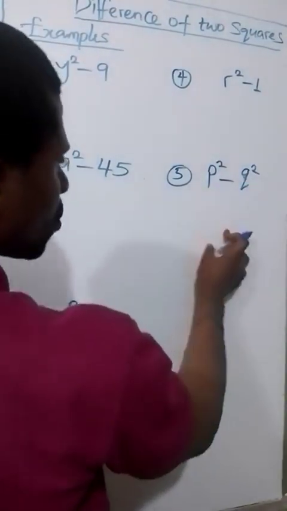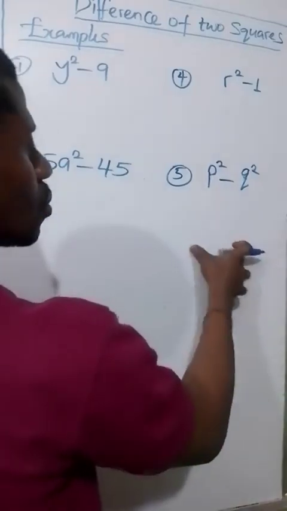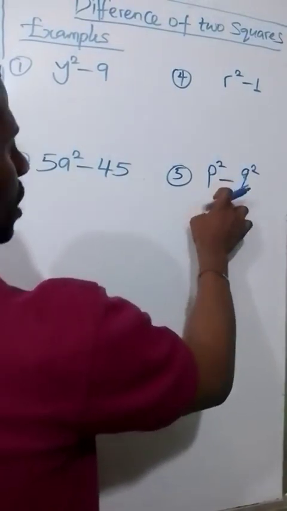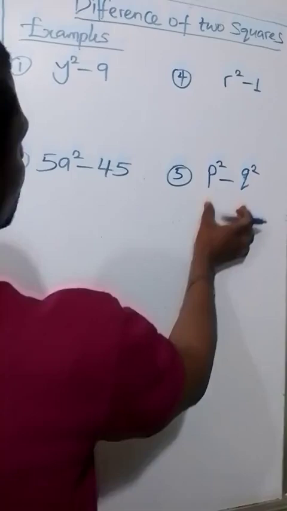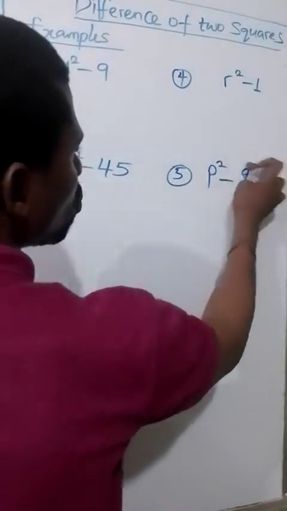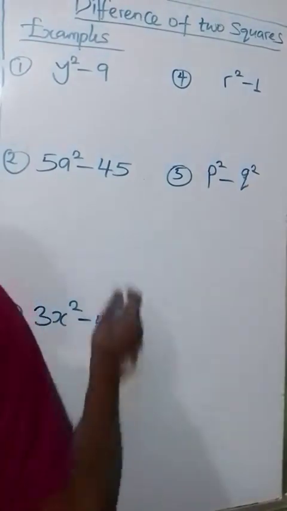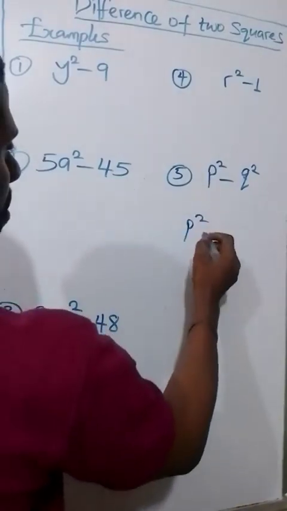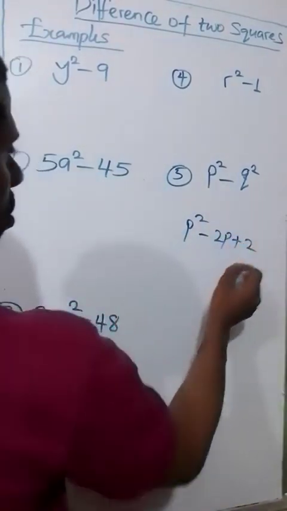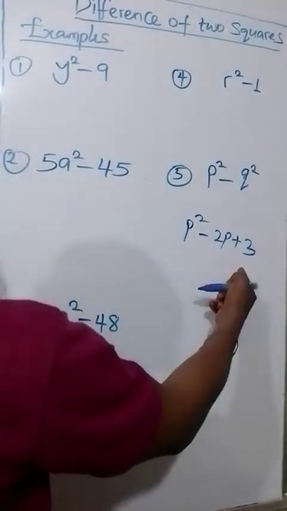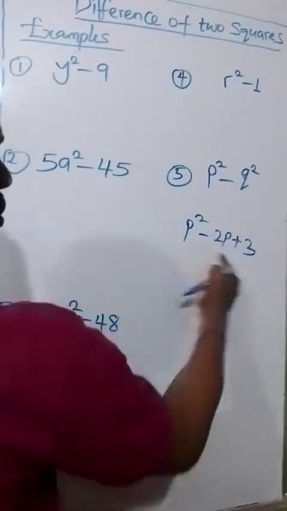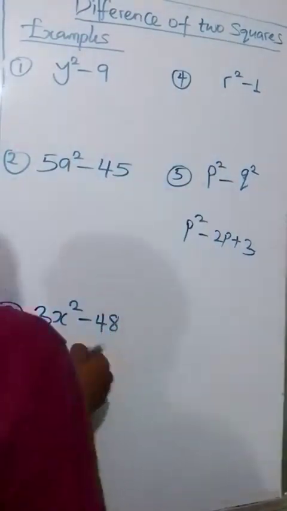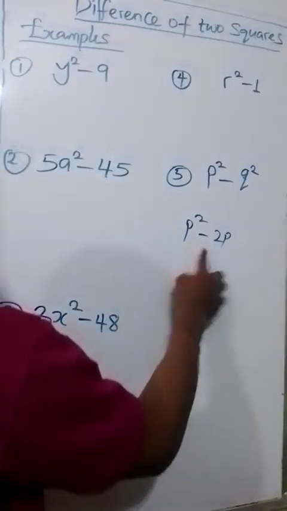It means that you are going to have two variables or figures or numbers, both of them squared, separated by subtraction. So that's what difference of two squares is. You understand? So how do you solve this question? Remember, if you have p squared minus 2p plus 2 or 3, this is a quadratic equation. But all these are examples of difference of two squares. You have only the two